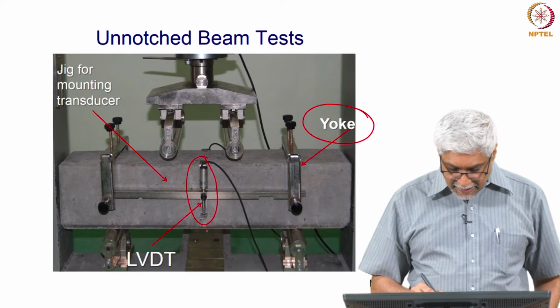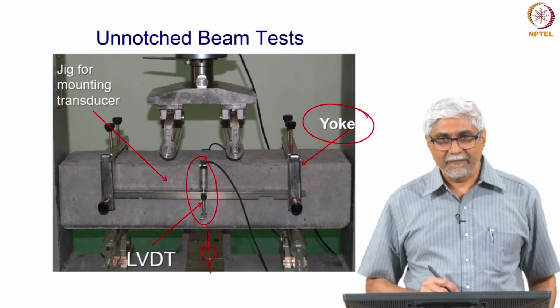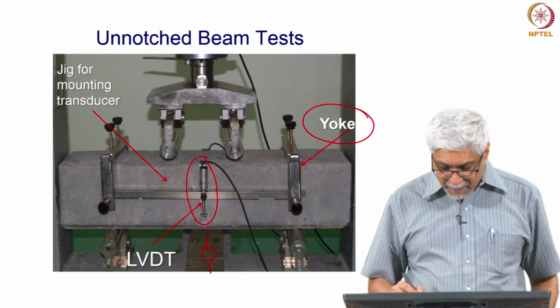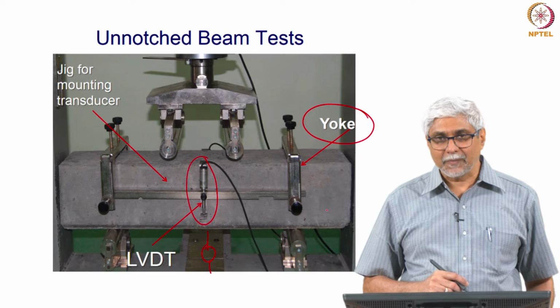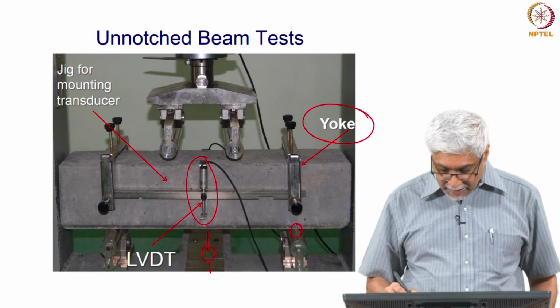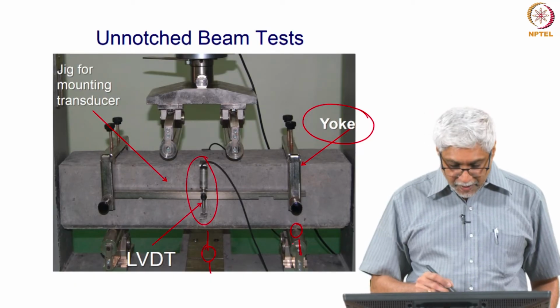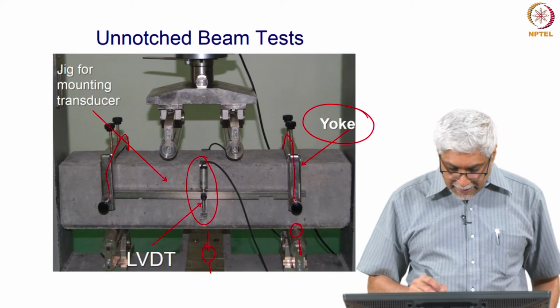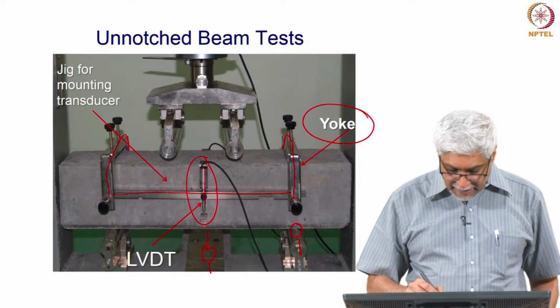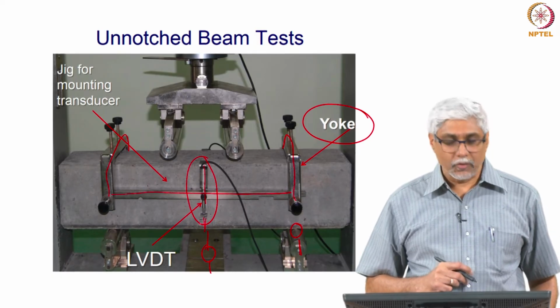Often what is done is there will be a dial gauge put here between the bottom of the specimen and the bottom of the testing machine, but this means that what you see as displacement will include many other displacements which are not just the displacement of the beam. For example, the crushing here, the displacement of these supports, all these will show up as displacement. So, what we do here is we have this frame which is clipped on to either side, and then we have this bar here, and on this bar the LVDT is attached and it is resting on something that is glued on to the concrete. So, we get the true displacement.